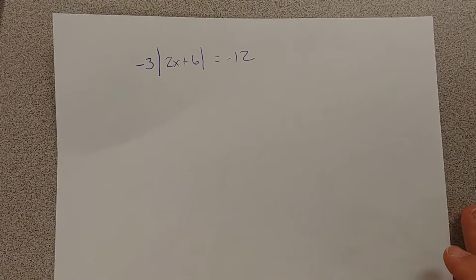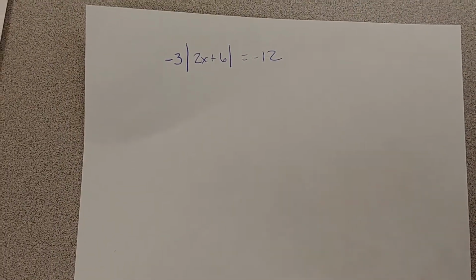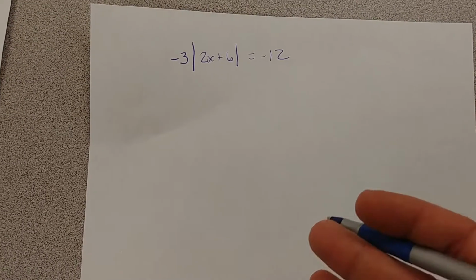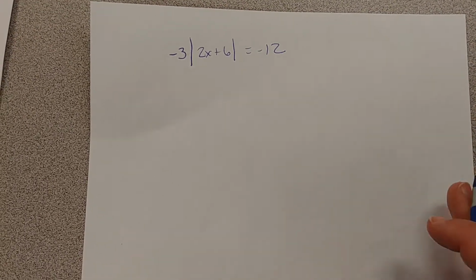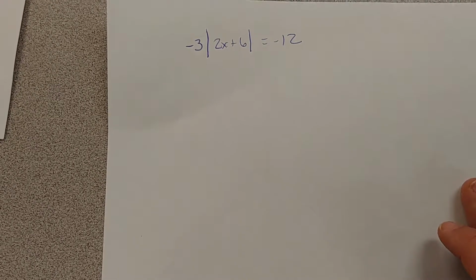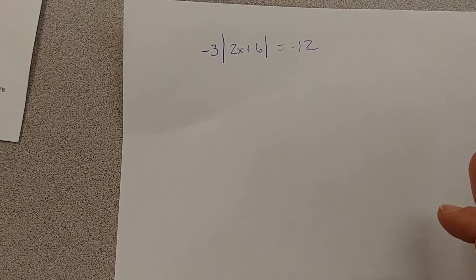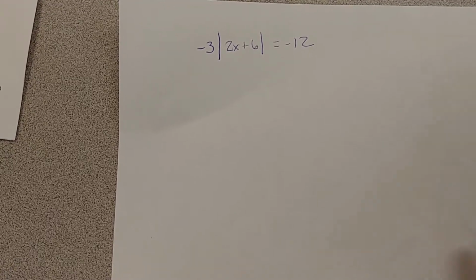This equation is an absolute value equation. So in order to solve it, you have to remember absolute value. We don't know whether they're talking about moving to the left or to the right. So you have to take into account both situations, and you've got to make sure you have two equations to represent each. So the first thing you have to do before you can even set this up is get that